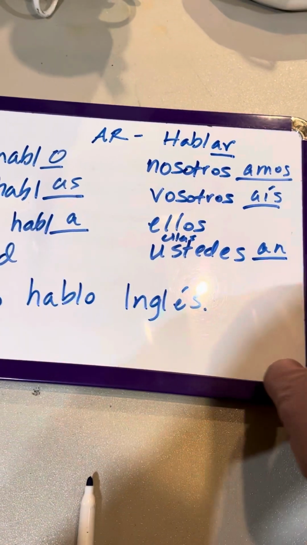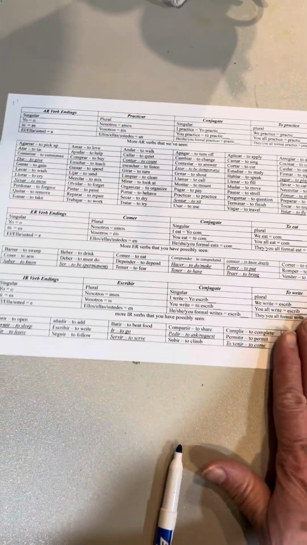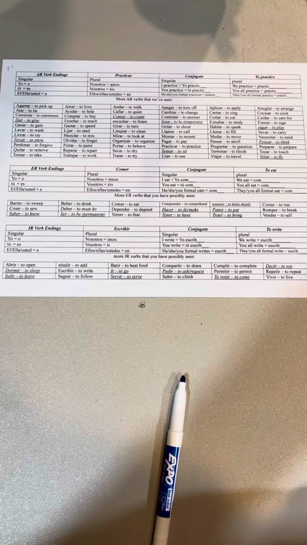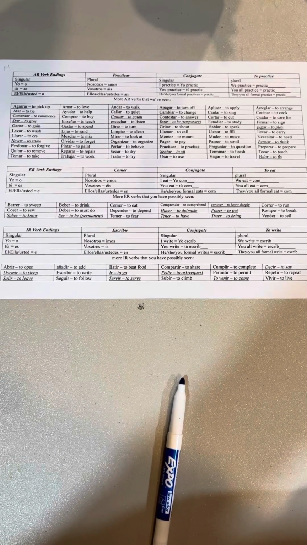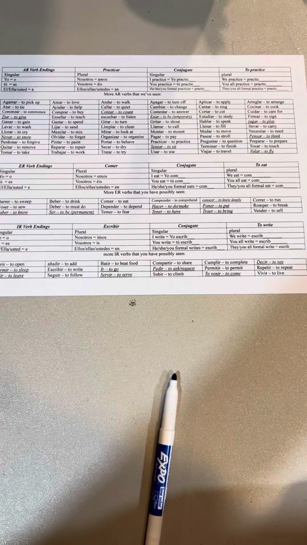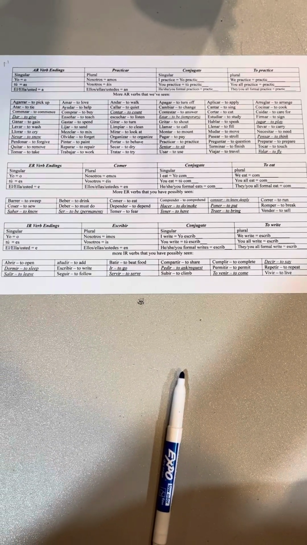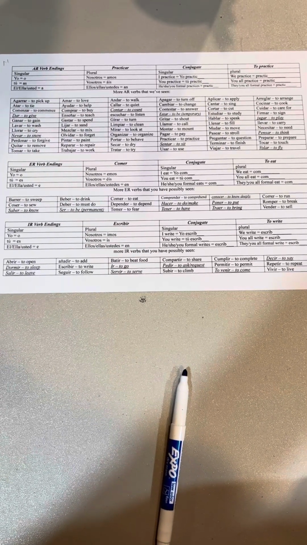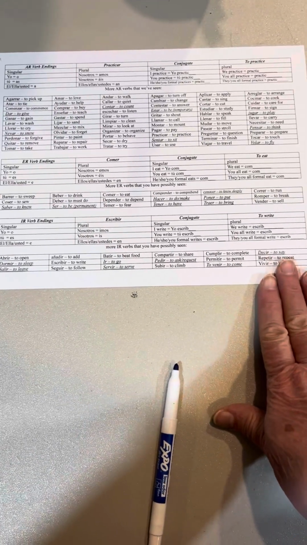So today we're going to move on to ER and IR verbs. And so if you came to class last night, you would have received a sheet of paper with all of the information on there that you will need. And just to remind you, we have now returned back to our Wednesday schedule at our locale at 219 East Main Street in Mishicot, 6 p.m. And we go from 6 to 7:30 p.m. for our classes. So if you want to join us, please do.